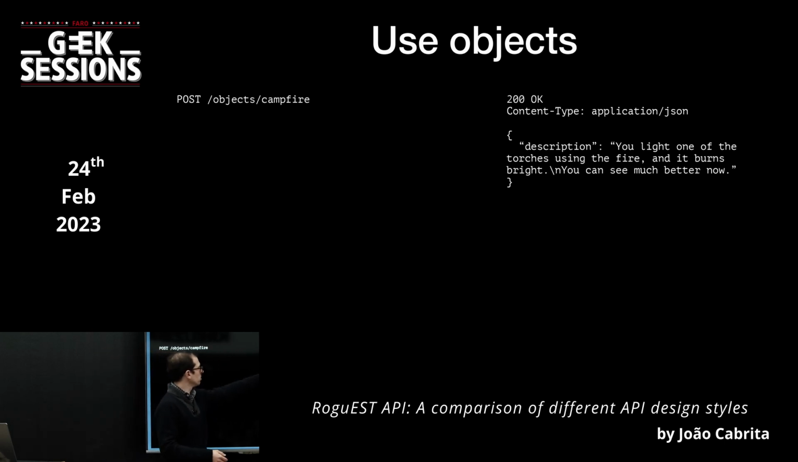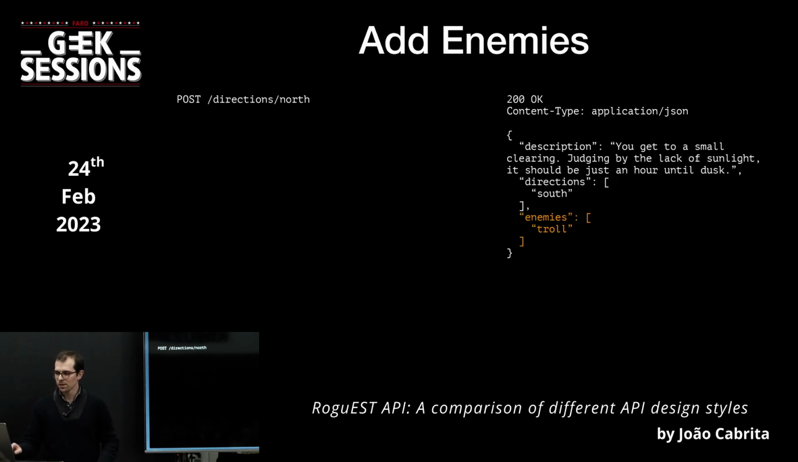So here, I don't know if you've been following the text. It was a campfire, and when you inspected it, you saw that there were some torches. So when you interact with it, you pick up a torch and you light it up, and you see better. That's it, right? Okay, so